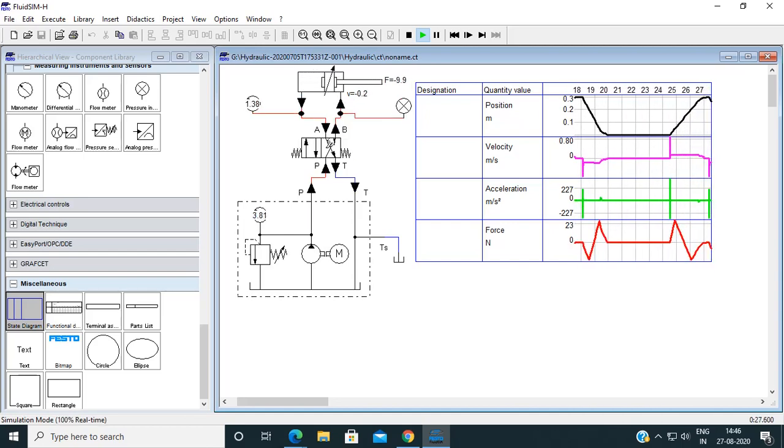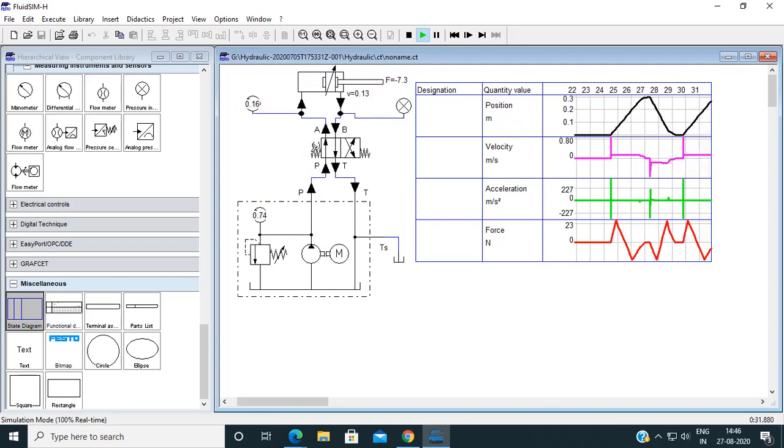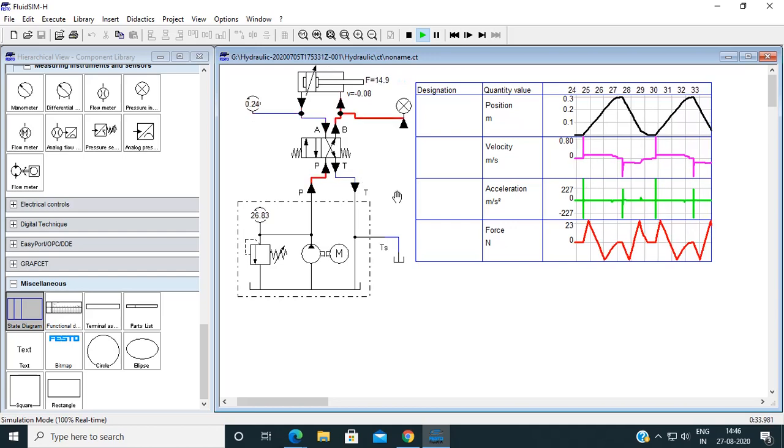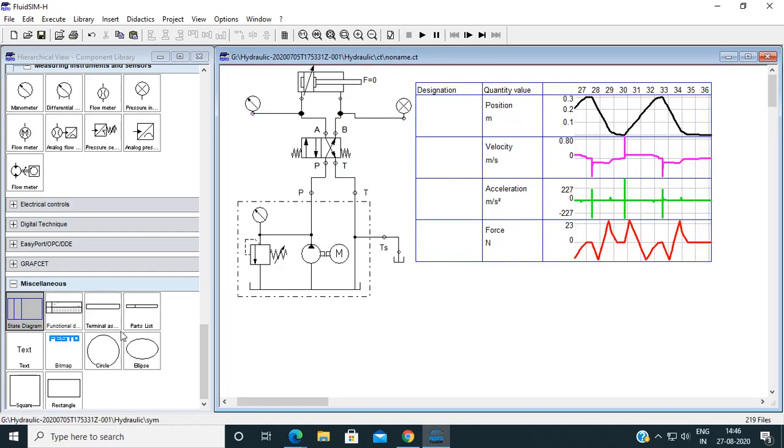Cylinder opening and position changing, you can see by the black portion. So this is the state diagram. In this way you can simulate the circuit by using this type of construction.